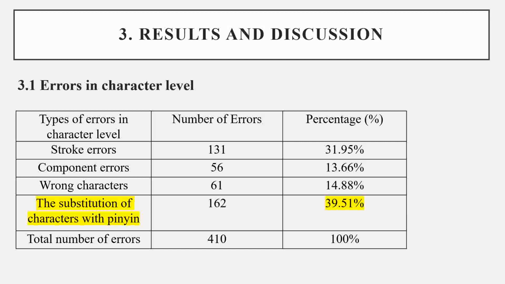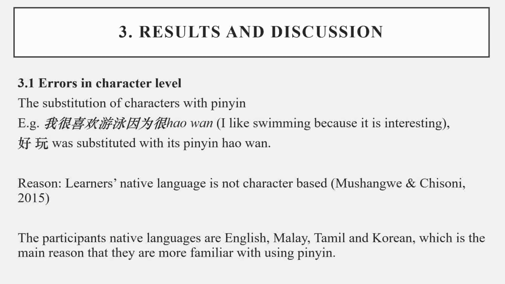Let's look at the results and discussion. First, regarding the errors at the Chinese character level, the substitution of characters with pinyin was the most prominent one, almost 40% of the total number of errors. For example, one participant wrote the sentence, 我很喜欢游泳，因为很好玩. It means I like swimming because it is interesting. Here, 好玩 was substituted with its pinyin,